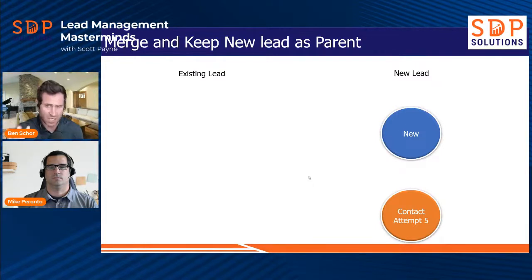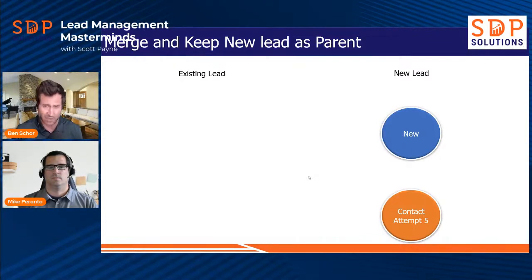But the key to understanding this overall approach that Velocify provides is, once you've merged a lead and you have a parent and a child, the parent lead is the one that everybody sees easily through the leads page and through basic reporting. You can action them, email, and so on. The child lead is almost like an archive lead, except it's tied to that parent lead. I call it an archive lead because it's not in your basic lead view. It's not in your basic reporting. You can't take actions or email against it. It kind of moves below it. And that parent-child relationship is one of the key things to understand as you're making decisions on how you want to do all of this.